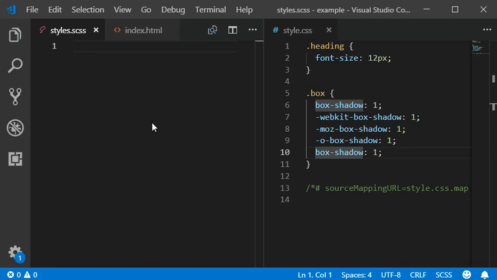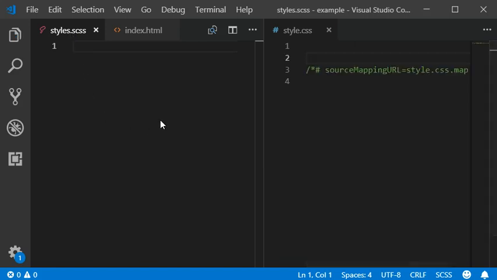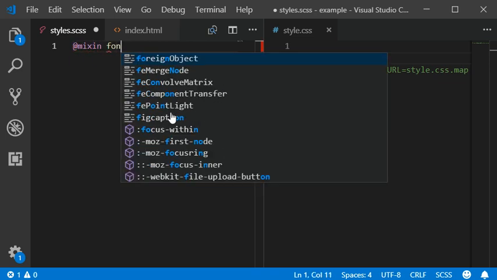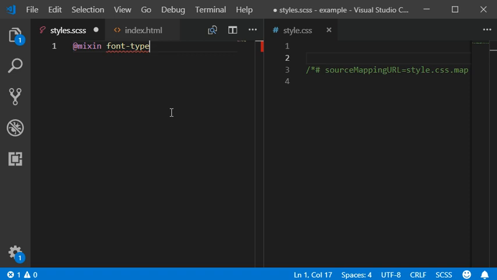Hope you guys are doing well, and today I'm going to show you how you can make conditions within your CSS. So let me write here some mixin example. So here we have written a mixin